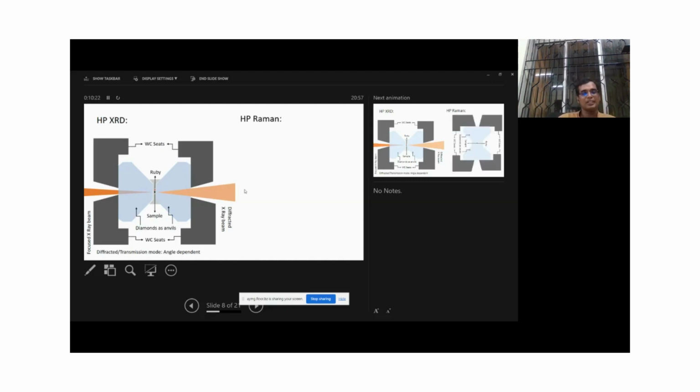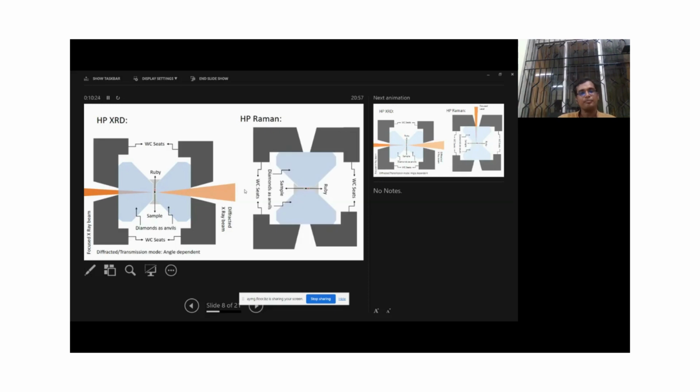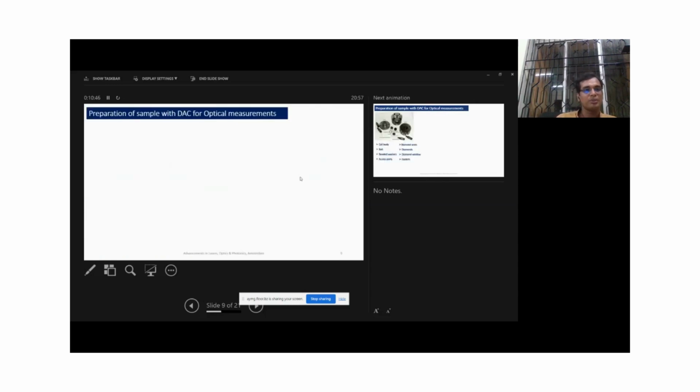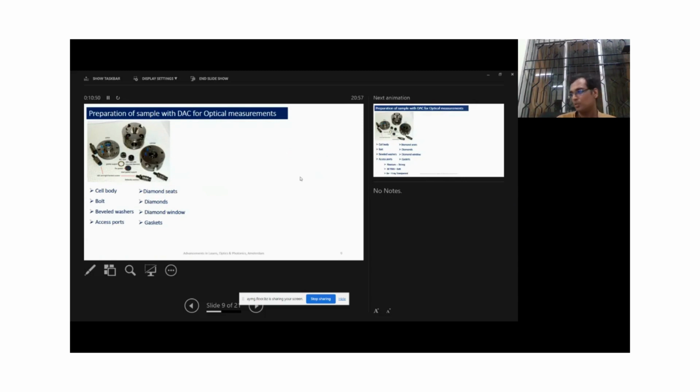And then for high pressure Raman, the same setup could be used, but in this case the focused laser will come from the top and be scattered back in the same direction, so backscattering mode could be used for high pressure Raman. Hope we could understand the difference between high pressure XRD and high pressure Raman modes. For preparation of the sample with the DAC for optical measurements, we are using this kind of cell. If any one of you wants, I can